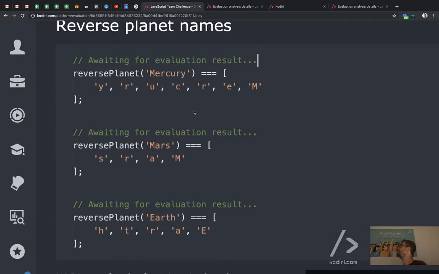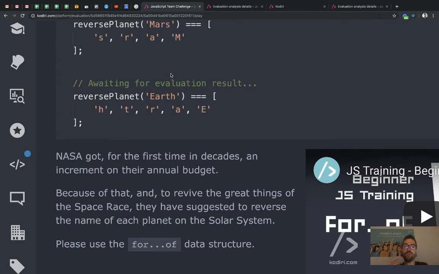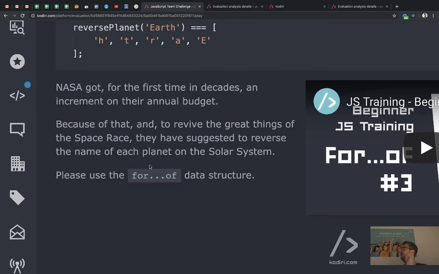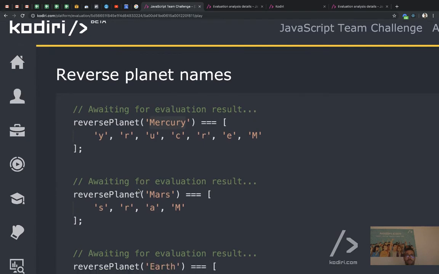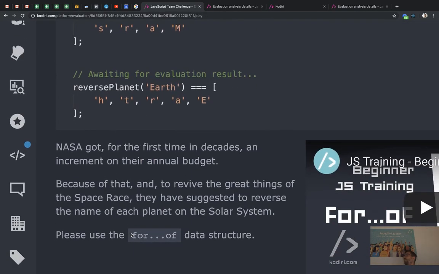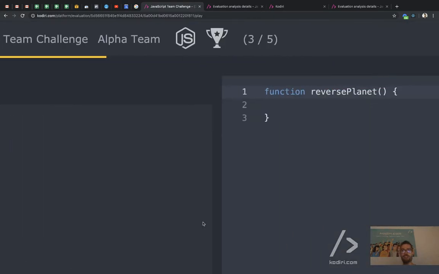Reverse planets. Interesting. We've got a string and we want to return an array with the individual characters reversed. Again, I'm going to solve the problem using 2 different approaches. First of all, the official one, because this is what the test is asking for, right? So even though if I had to solve that problem by myself, I would never ever use for of, because I want to prove I read instructions, I'm going to use for of. Yeah? So then in a minute we'll see who read instructions and who didn't read instructions. So because we read instructions,